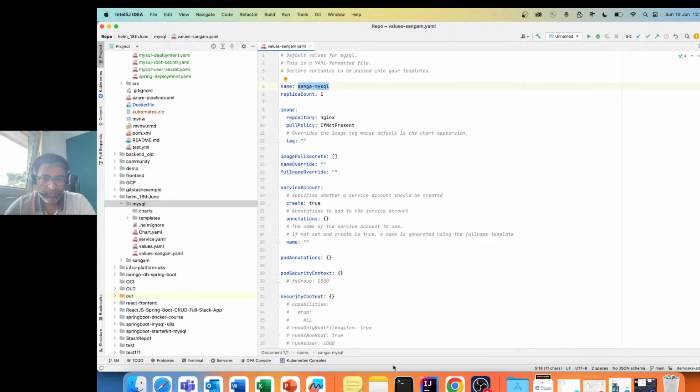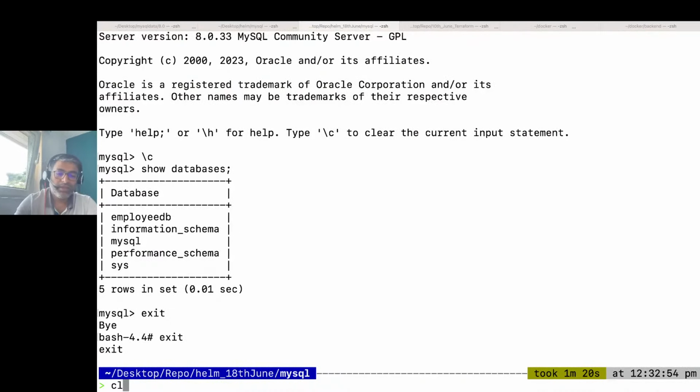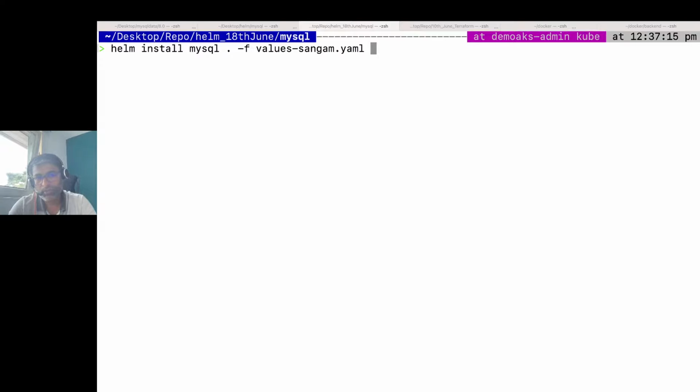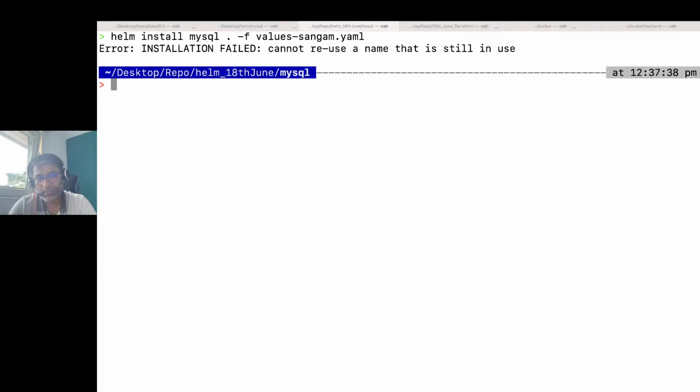Now we wanted to run this Helm chart. The command is helm install mysql, and here I need to pass -f, which stands for file, then values hyphen sangam.yaml. Okay, if I enter this,